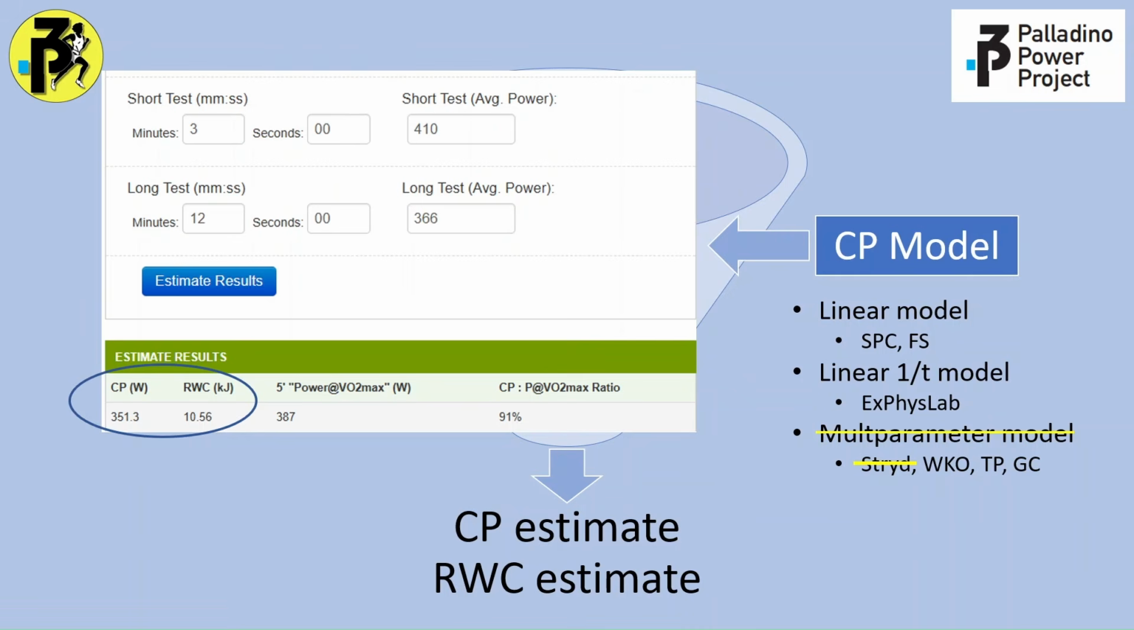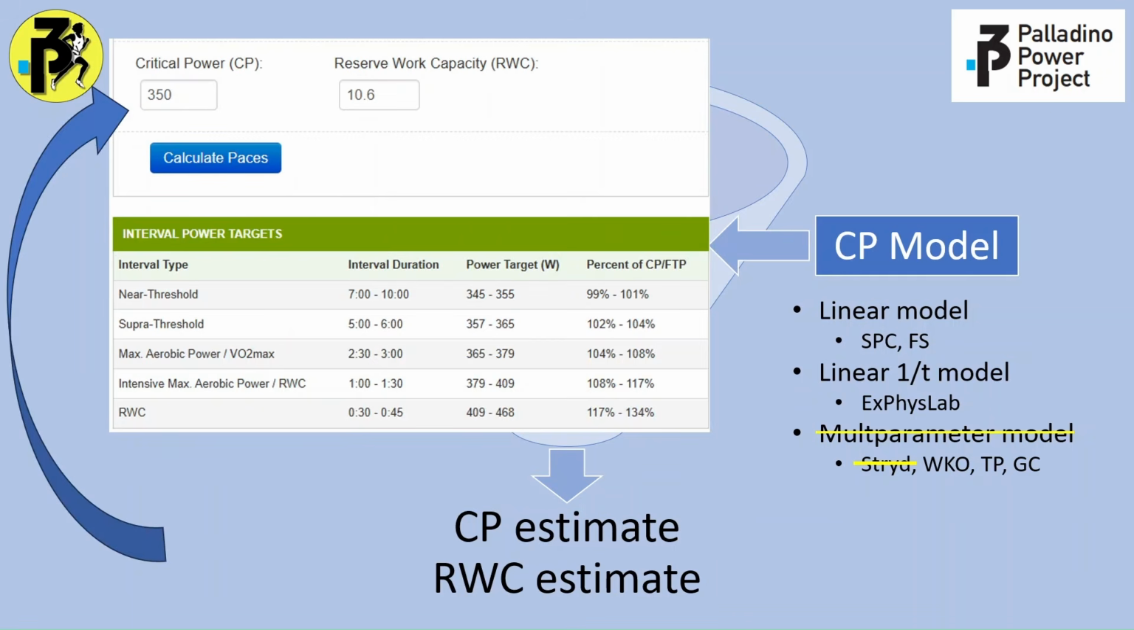These are the outcomes. CP 351.3, reserve work capacity 10.56 kilojoules. All right. So we're going to dig a little deeper, we don't just get that CP estimate and the reserve work capacity estimate. We can take those data points. I would round it to 350 watts and say 10.6 kilojoules. All right. Round it and then input it into the individualized interval power target calculator, which is also in final surge. Again,